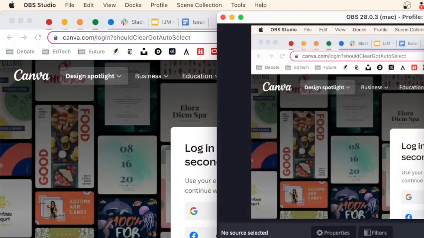Hi, this is Sarah Sewell, and I'm going to be going over how to use Canva for teachers. So this is a super introduction to Canva. So here is Canva,